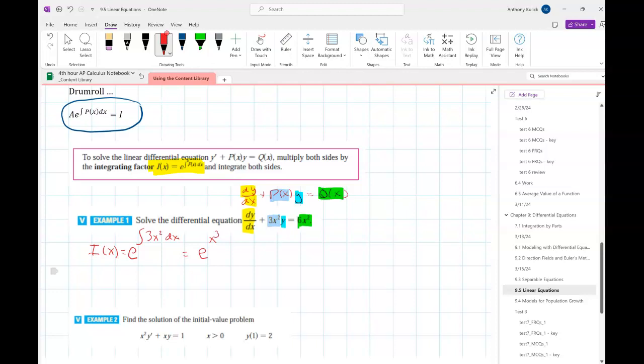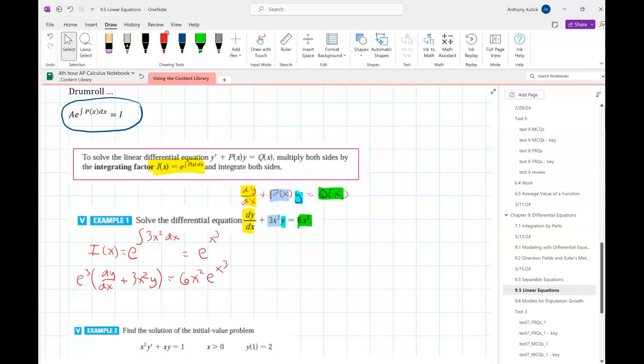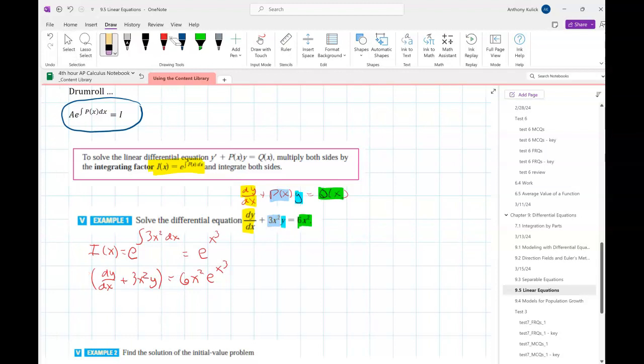So I'm going to take this equation, my linear differential equation, and multiply both sides of it by e to the x cubed. Everybody feel okay there? Oh, sorry. Yep, I just typoed it. Thank you. Good attention. All right, so